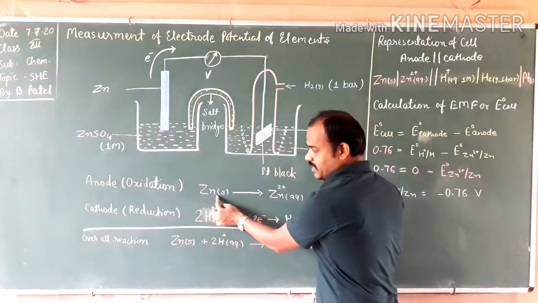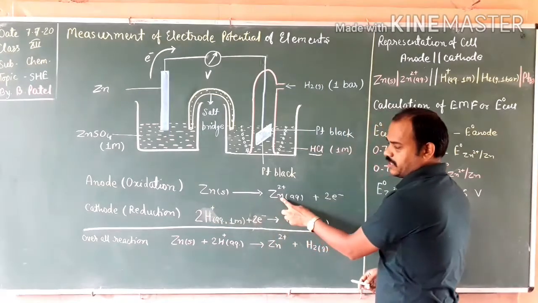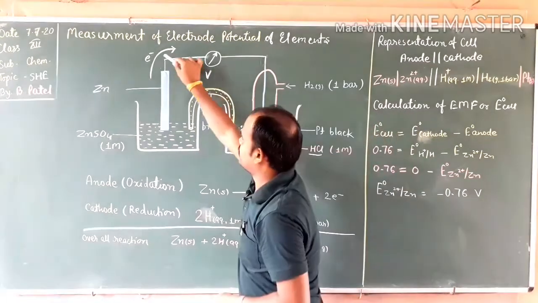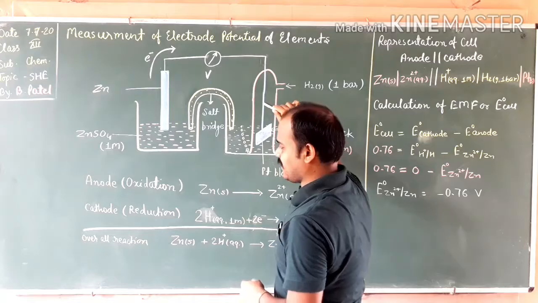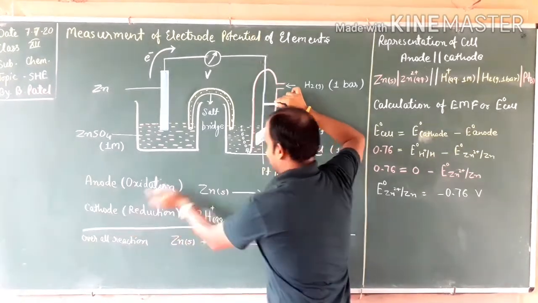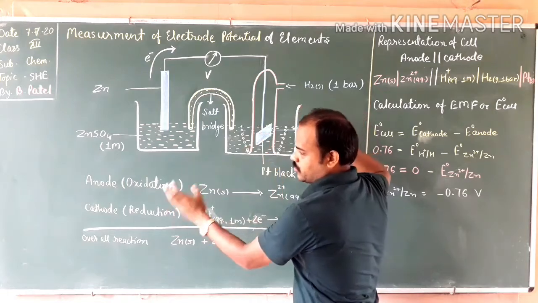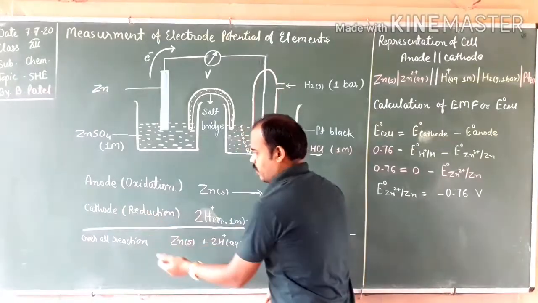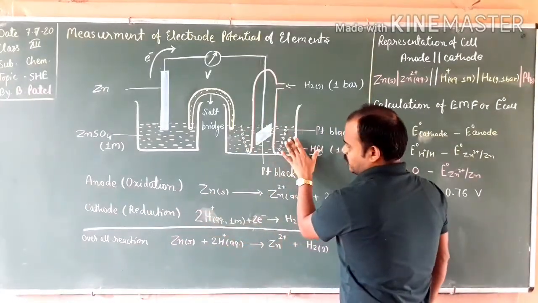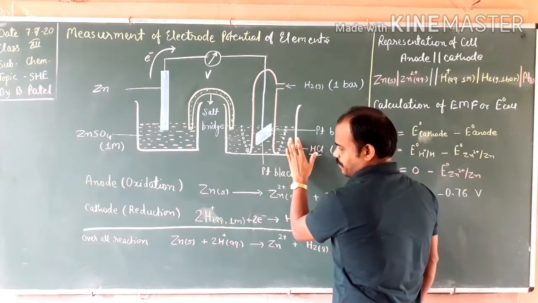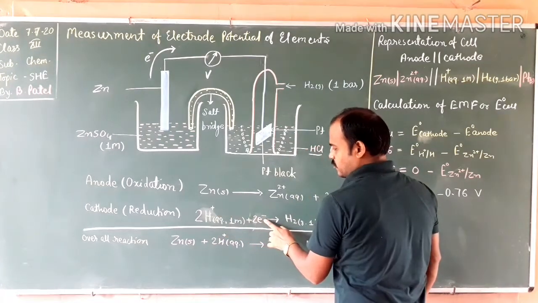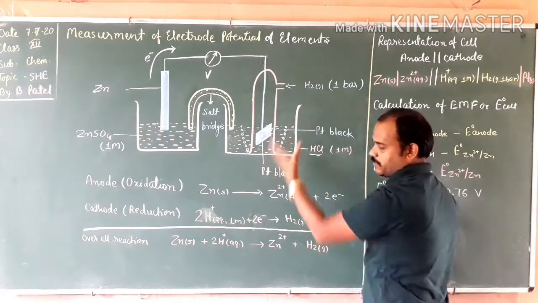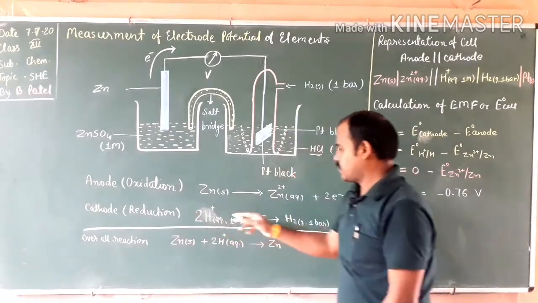The reaction is zinc converts into zinc ion and evolves 2 electrons. These 2 electrons move in this direction and come to C, the standard hydrogen electrode. So this C will act as the cathode, because always and always reduction will take place at the cathode. So see here, what will be the reaction? At the cathode, H plus ions which are present in solution will gain 2 electrons and form H2 gas. This H2 gas will be evolved. So here the reduction reaction is taking place.